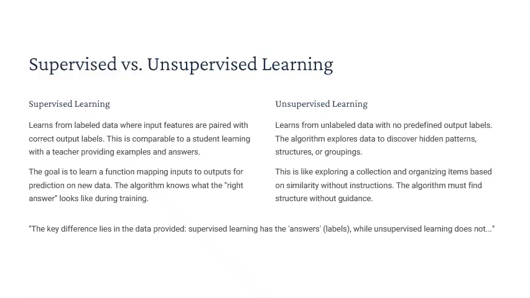So the critical distinction really boils down to this. Supervised learning learns a map from input to a known output using labeled examples. Unsupervised learning explores the data to find inherent structure or hidden patterns without knowing the output beforehand. And which one you use depends entirely on the business problem. Absolutely. It depends on what you're trying to achieve and, importantly, what kind of data you actually have access to. Do you have labeled examples or just raw data?